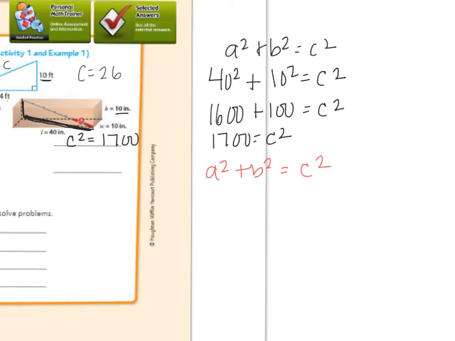And I've already determined this squared distance, right? So I'm going to use that as my A. That's going to be 1700. And it's already squared. I do not need to square it again. That would be a common error. And then I've got,